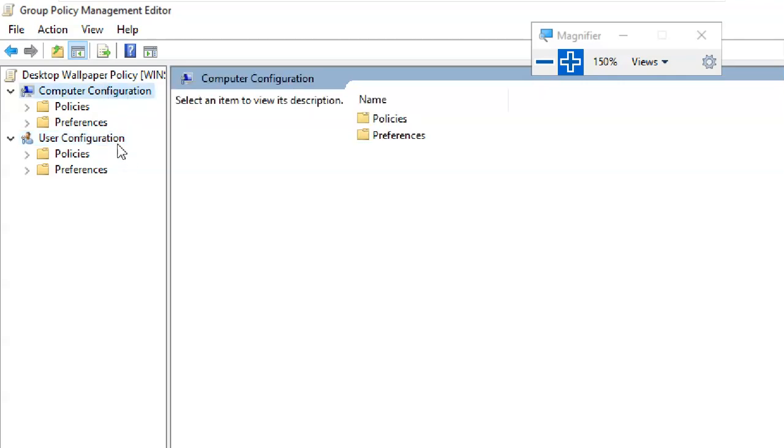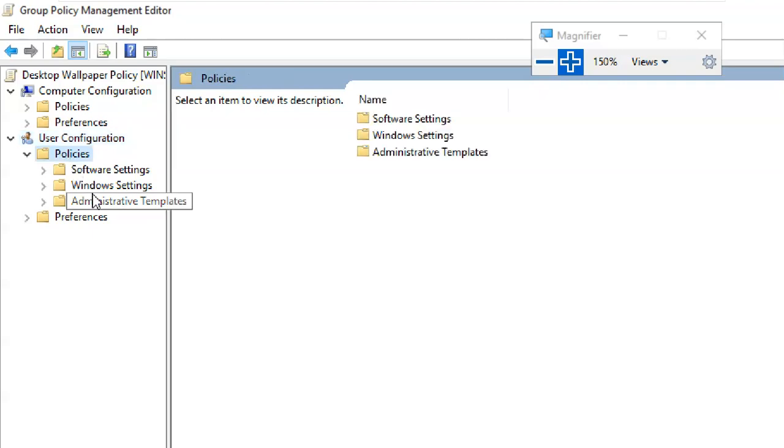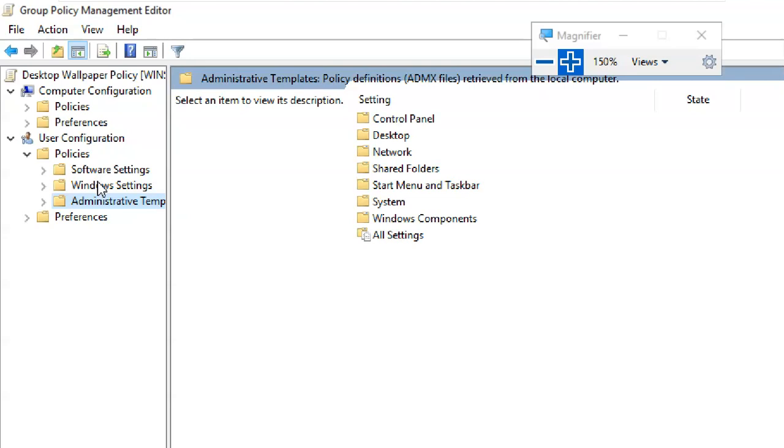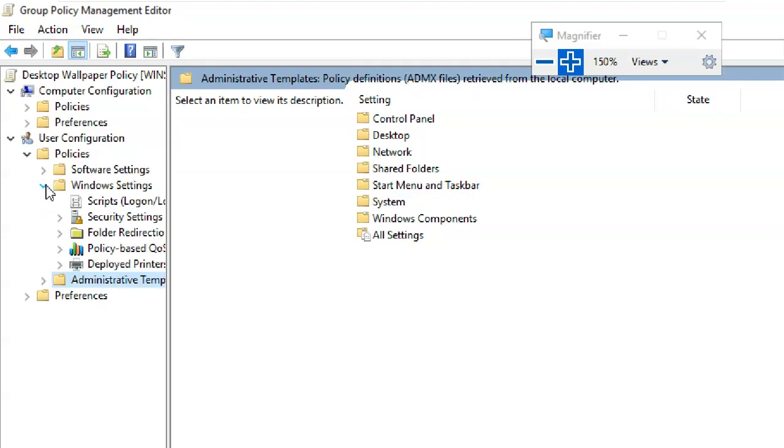Computer configuration requires restarts. So under user configuration, policies, administrative templates, so many are there, like software settings, Windows settings. You can go through all these things once in the evening or any free time.